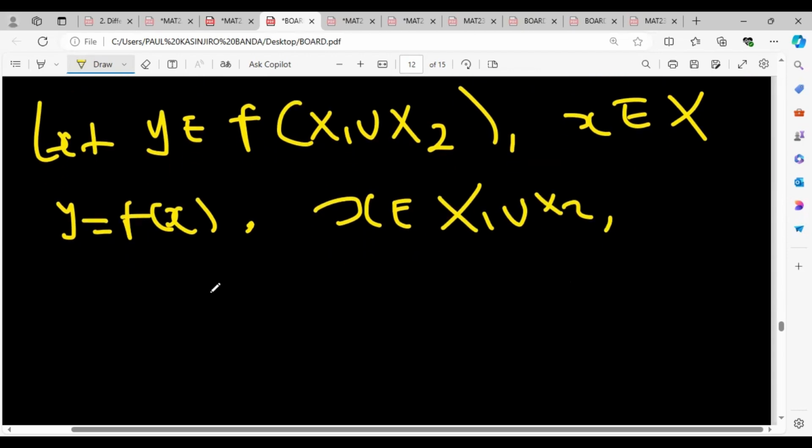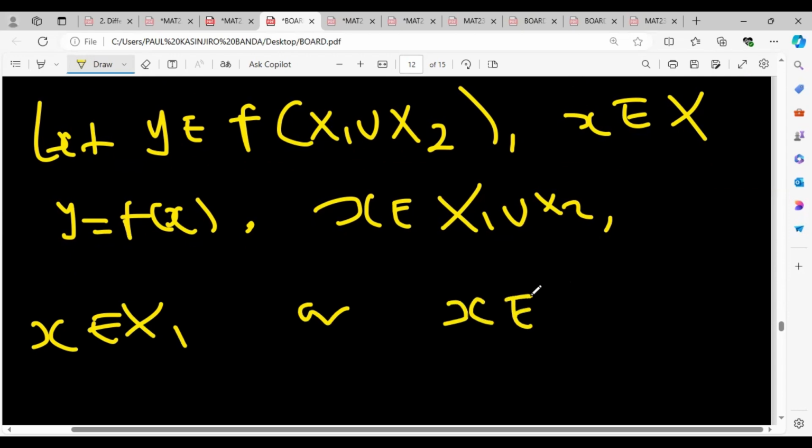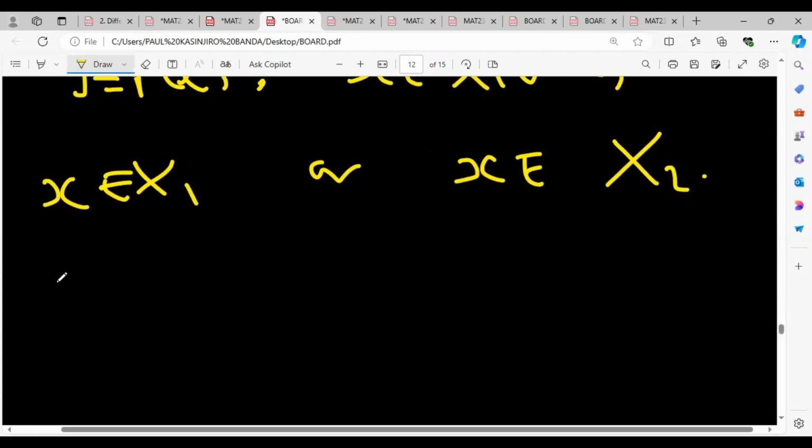We can say that from this, we know that x will be a member of x1, or x will be a member of x2. That's what we get from this, right? x will be a member of x1, or x will be a member of x2. And then from here, we can actually find the f of x of this x here, even the f of x of that x here. So therefore,